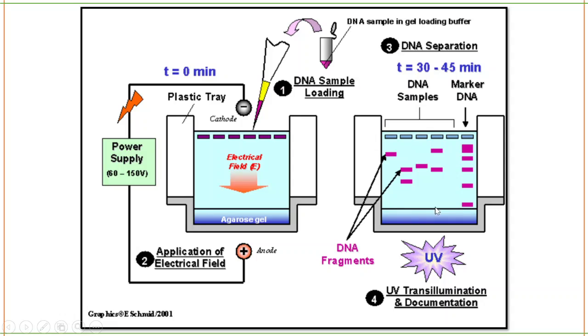For example, this is that blue color dye, bromophenol blue dye. If it reaches around 3/4 of the gel, you have to stop the power supply, that is the indication, or else the DNA will run out of the gel. That is a waste of time also, and everything goes waste. So you will have to track how far the DNA has traveled. After this, you can remove this gel and keep it in a trans illuminator, and you can take a picture and use it for whatever your purpose is.